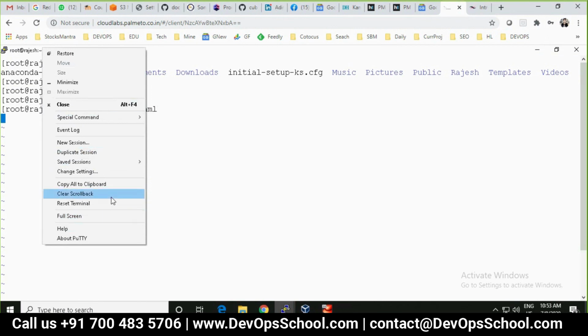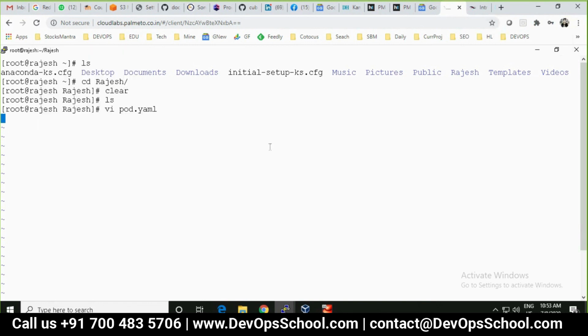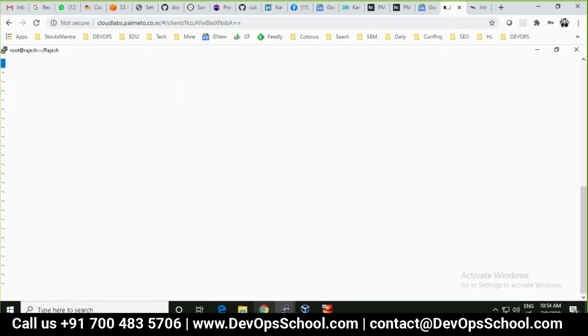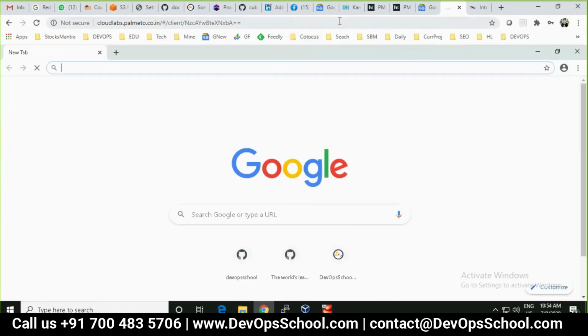Okay, no problem. You can commit it to Git and put it there. Not a problem, I have many examples of it. It's not required to commit. Let me go to that.